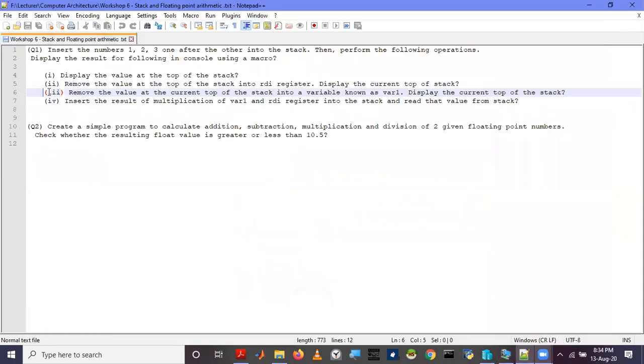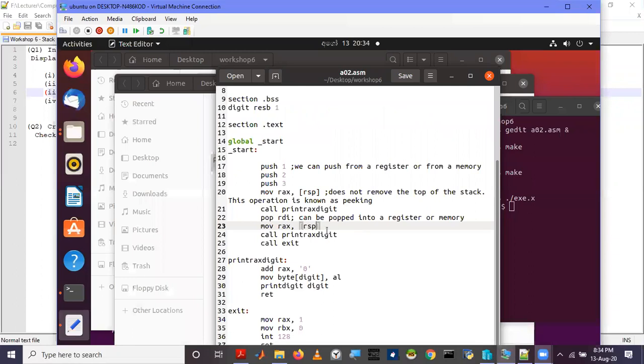Because we are going to remove the value at the top of the stack into RDI, we are asked to display the current top. To get the current top, we need to look at what is pointed to by the stack pointer. Now the stack pointer is not pointing to 3. As we have popped 3 into RDI, it should show 2.